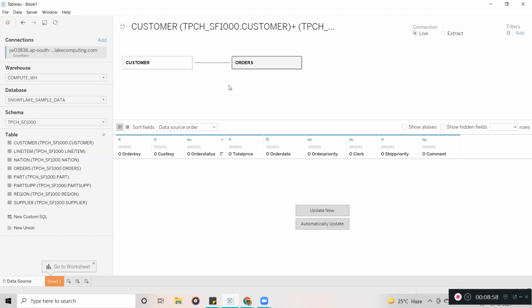Here, the join is not going to happen. Whenever you create a visualization by using fields from two different tables, then in that case the join is going to happen between them. Whenever you have a relationship, the join is going to happen at the view level. But see, now I'm going to remove this one.